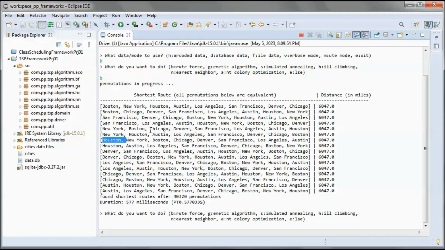So Houston, New York, Boston, and then going to Chicago, Denver, etc. So this is the shortest distance that we found in miles. And we found the shortest route after this number of permutations. Since we have 8 cities, we have 8 factorial permutations.